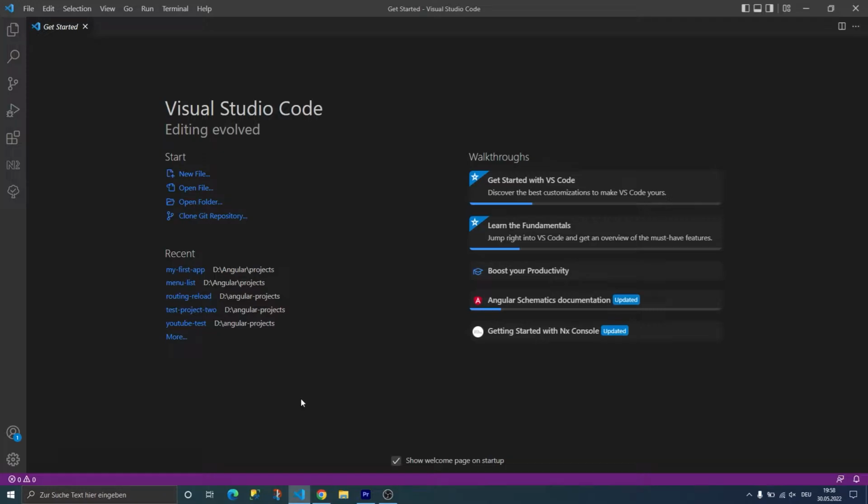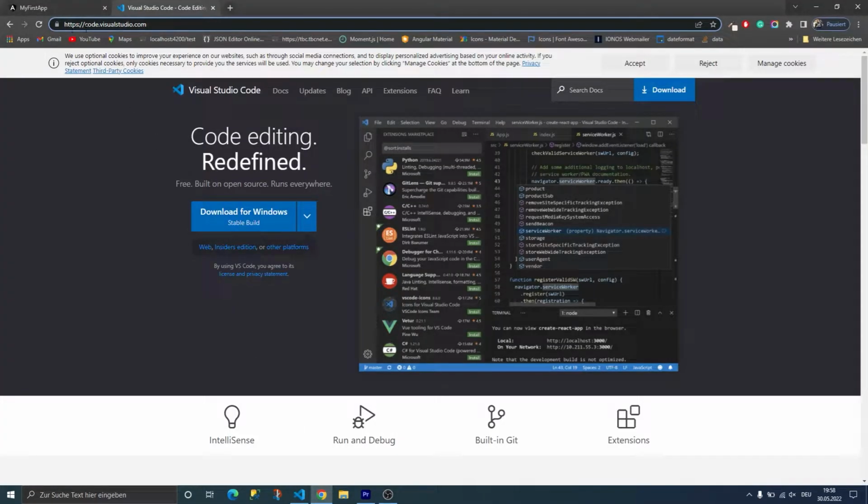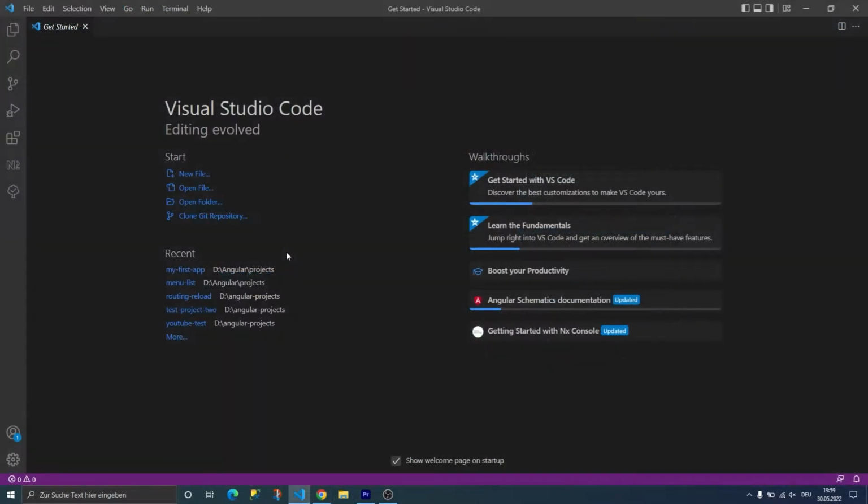If you go to code.visualstudio.com, here you can actually download Visual Studio Code for free. So it's actually free of charge. So go on and download. The next thing we're going to do is to open our project, because in the last course we actually